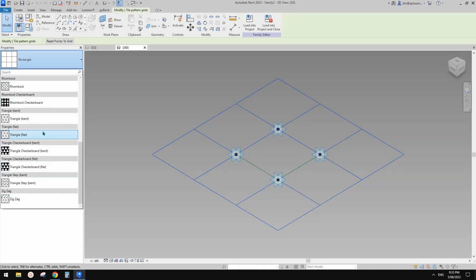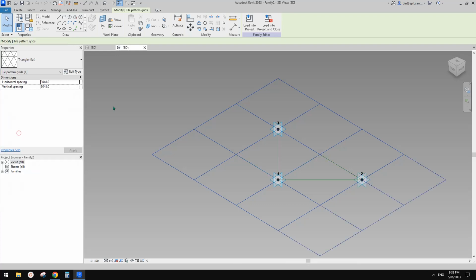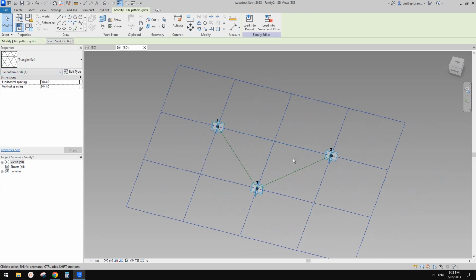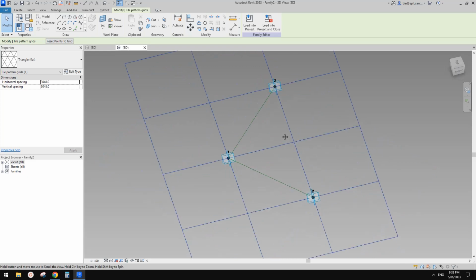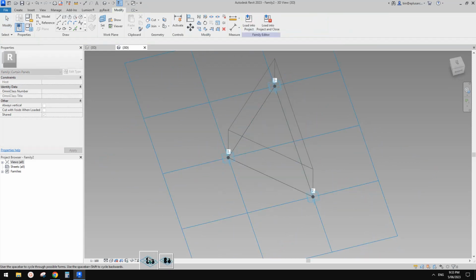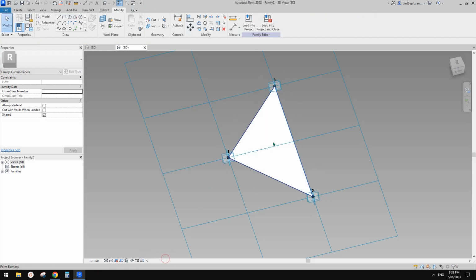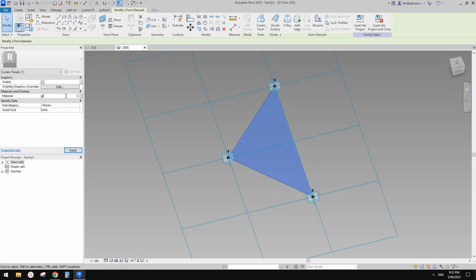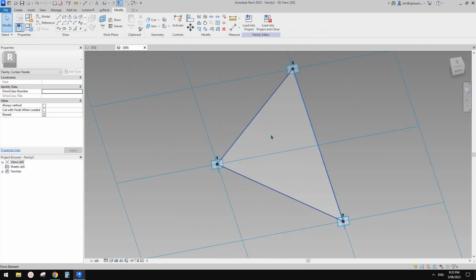So depending on what pattern you're going to use, change this grid first, and then you can just place something. So for example, I'll just use this to create a surface. Okay, so this one, and then give it a material. I'll just give it a glass. And also I'm going to